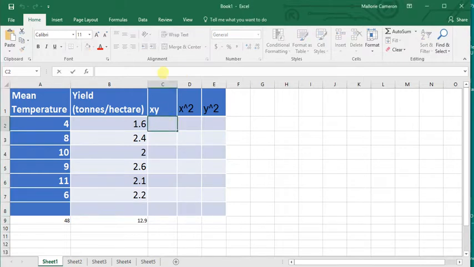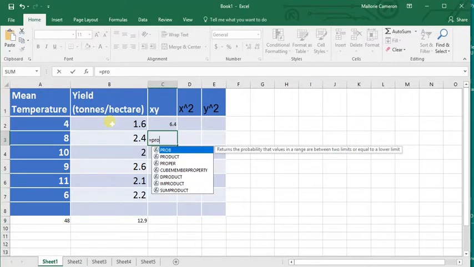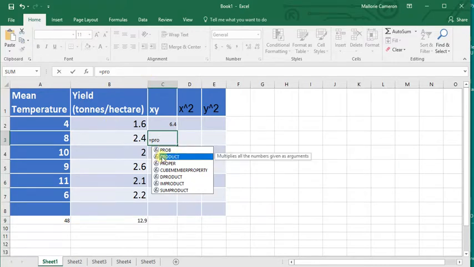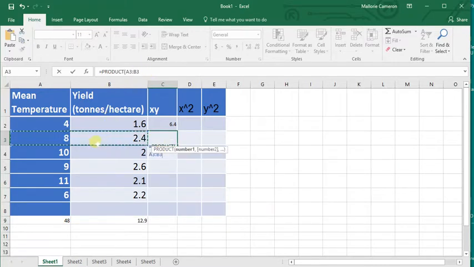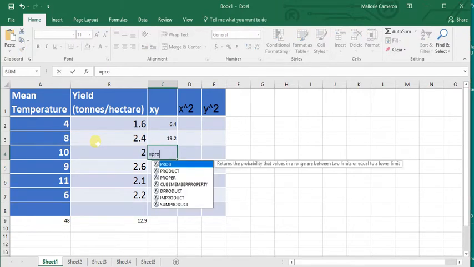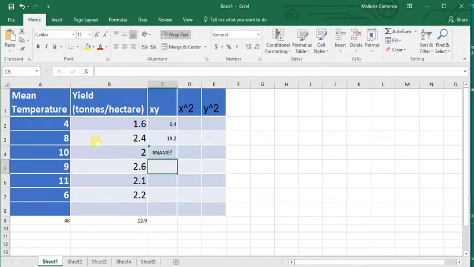Sorry, when you hit product, you have to start it by putting that bracket, and then you just hit enter. As soon as you start typing it, it comes up, equals prod, go down, enter,